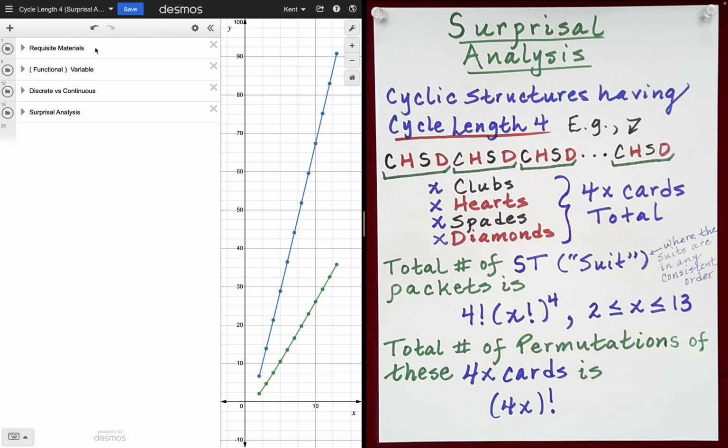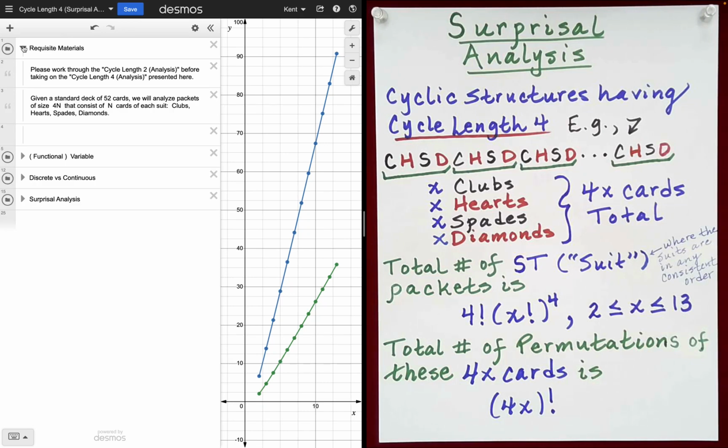This is our second video in which we look at calculating the Surprisal values for Gilbreath performances. Today we will be looking at cyclic structures having cycle length 4. So let's begin. Given a standard deck of 52 cards, we will analyze packets of 4n cards that consist of